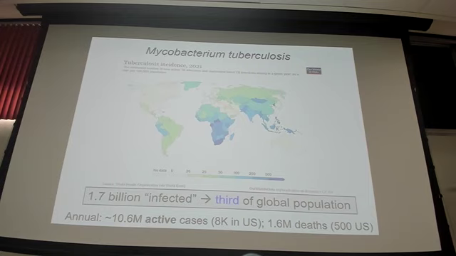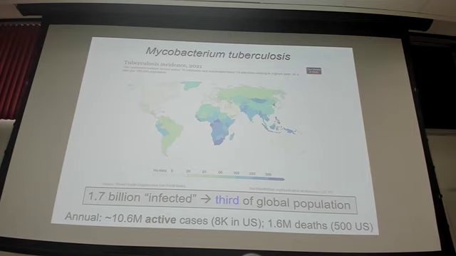In terms of what constitutes an infected person, you can see this number, 1.7 billion people, is probably a little bit higher for the number of infections. It's probably more like 2 billion. The world population right now is 8 billion, so this is more like a quarter of that. But if you think about a quarter of the world's population being infected with tuberculosis, does that seem a bit high to you? It does, right? It seems shockingly high. But it's because we think that most of those infections are LTBIs, latent tuberculosis infections, where people have been exposed, but through this process that we're going to talk about, their body has contained it, and they are in a latent carrier status. So that's why this number is so high.